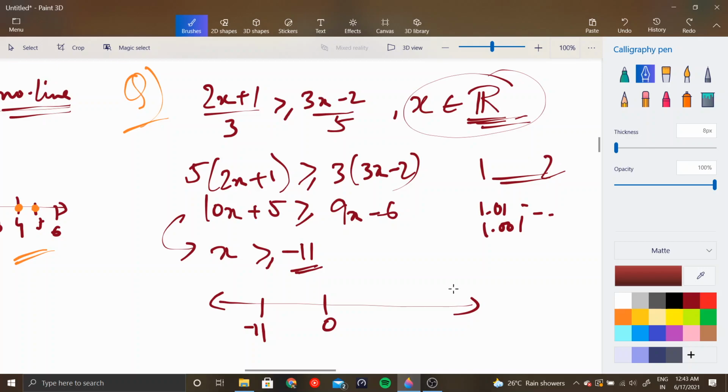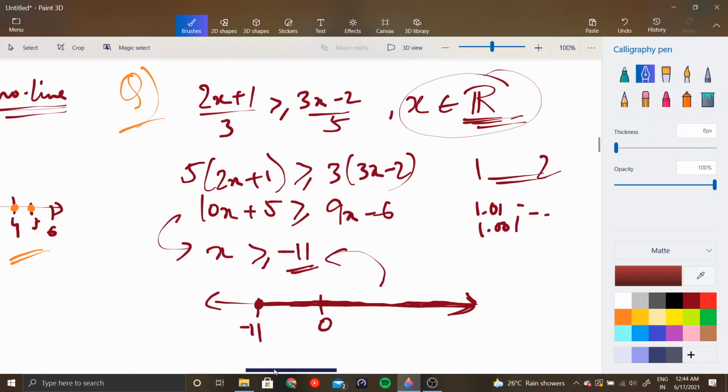Now what you do is you start encircling from here and you draw a straight line, right? You darken this, okay, you encircle this darker, correct? This is your solution set. Now what this darkened line means is all the points in this range is basically a solution set, okay? So every number is included. This is the way of representing, okay, fine.